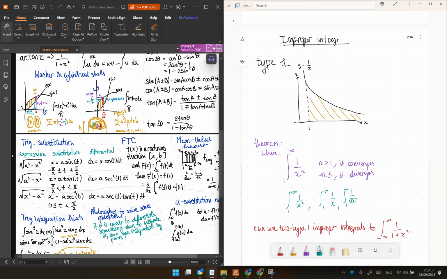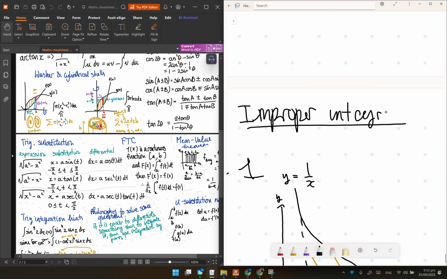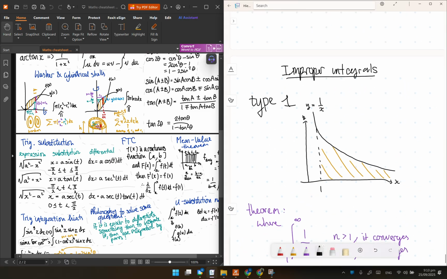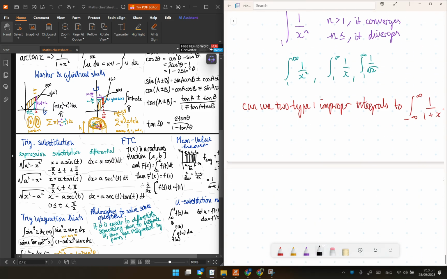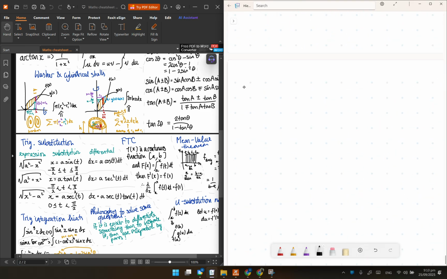And we're going to be doing type 1 improper integrals today. I'm going to explain what type 1 improper integrals are, we're going to do a few examples, and we're going to think about the ways we can use it. So basically, a type 1 improper integral is simply an integral of a function where we start from a point and we go to infinity,